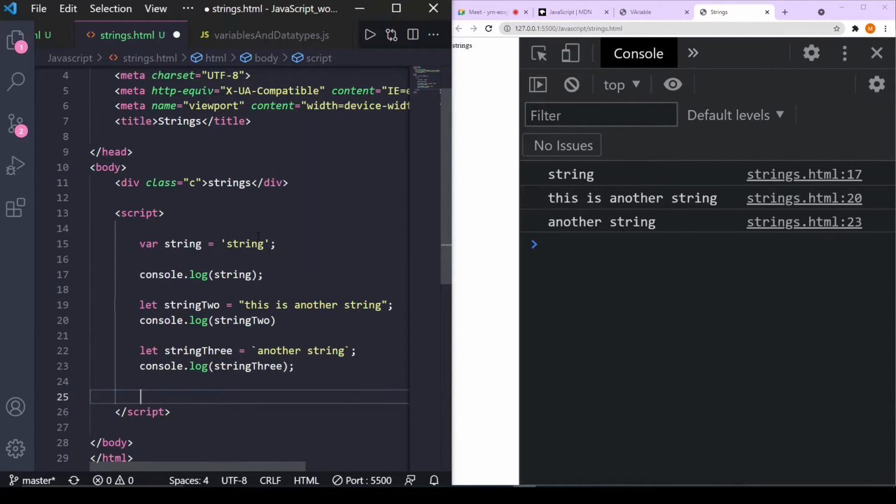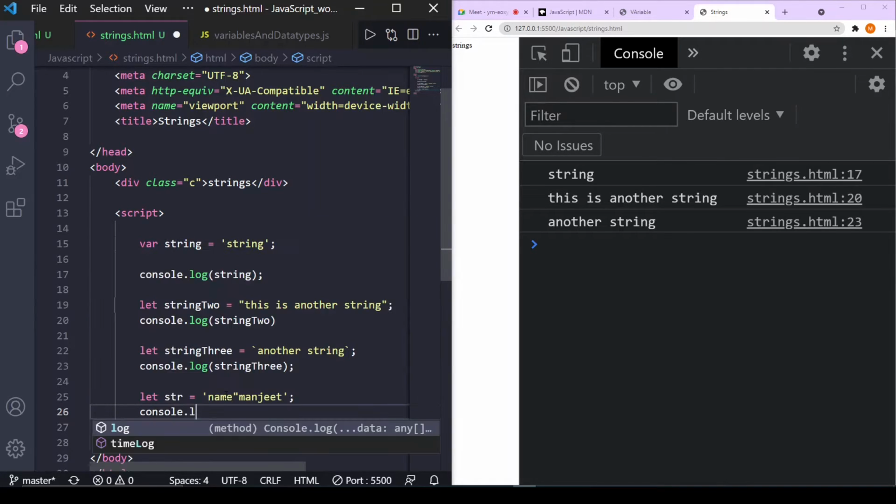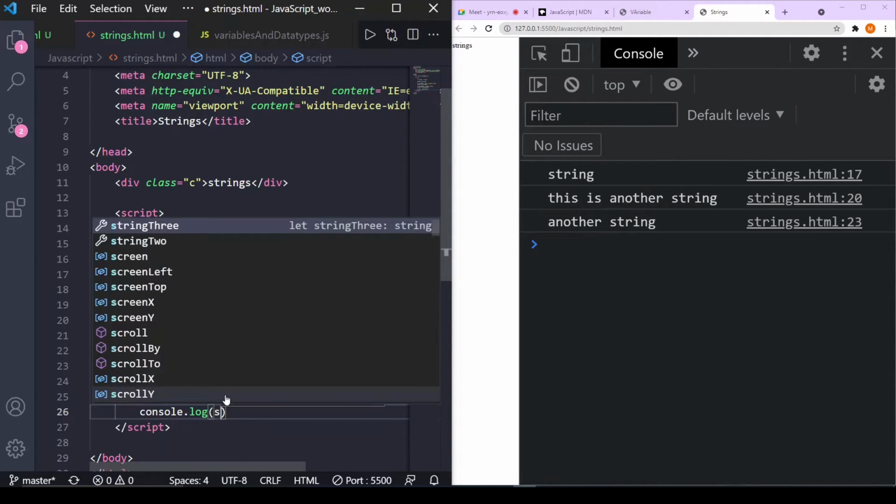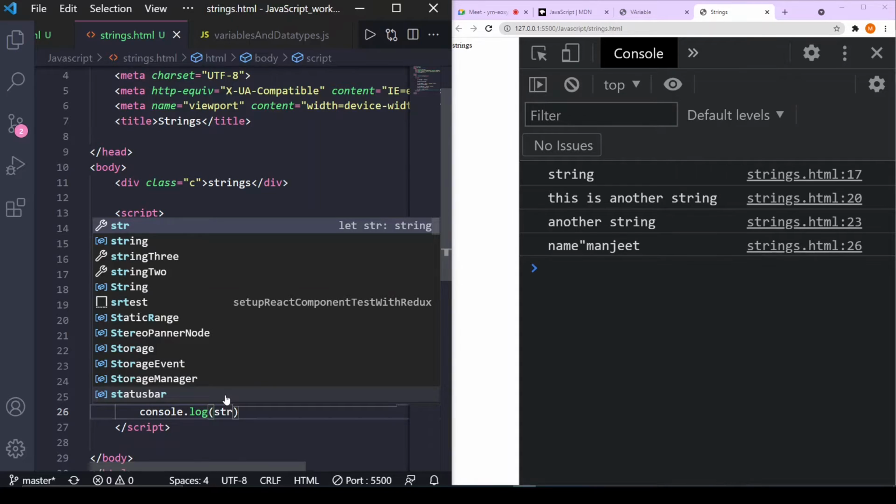In the case of a single quote in the text, I will use double quotes or backticks. Let's say let str equals name, in double quotes, Manjeet. We will use console every time. Console.log str. So it has shown the double quotes.